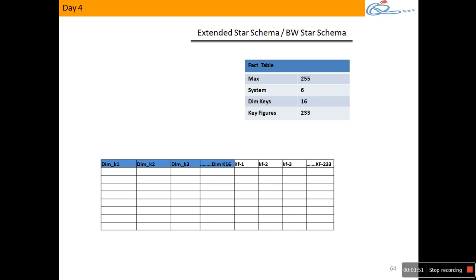Out of 249, 16 columns can act as primary key, so 16 columns are blocked for dimensions. You might create 5 dimension tables, but still 16 columns are blocked. I cannot use them for other key figures. Whether you use them or not, they're blocked. So the remaining 233 you can fill with key figures. That's why you can create a cube with a max of 233 key figures.